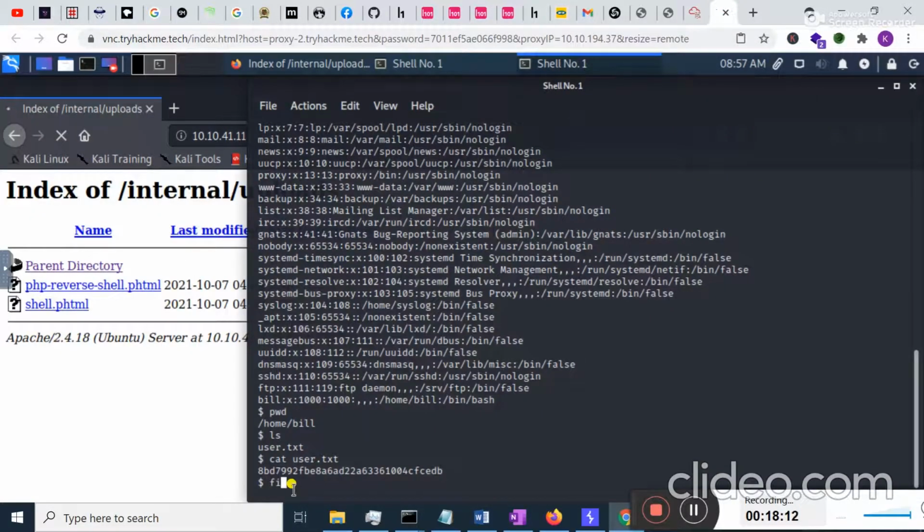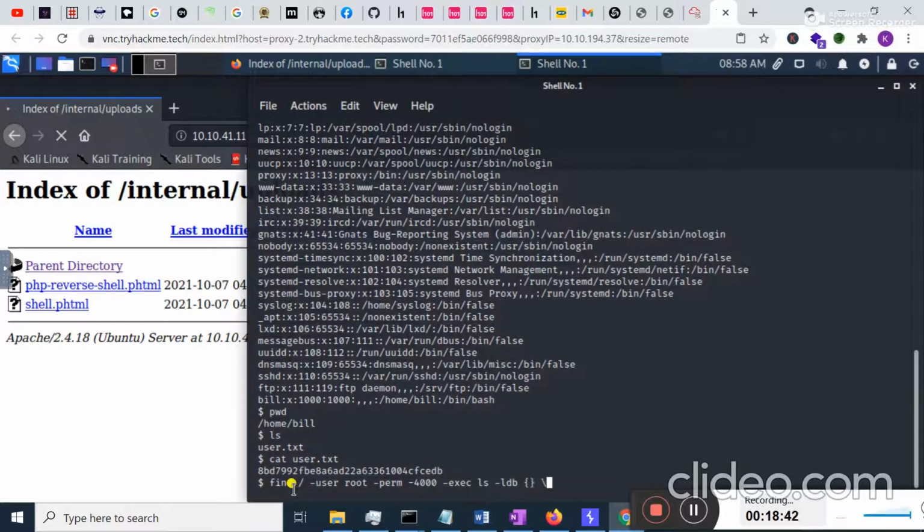I type here find / -user root -perm -4000 and then -exec ls -ldb.